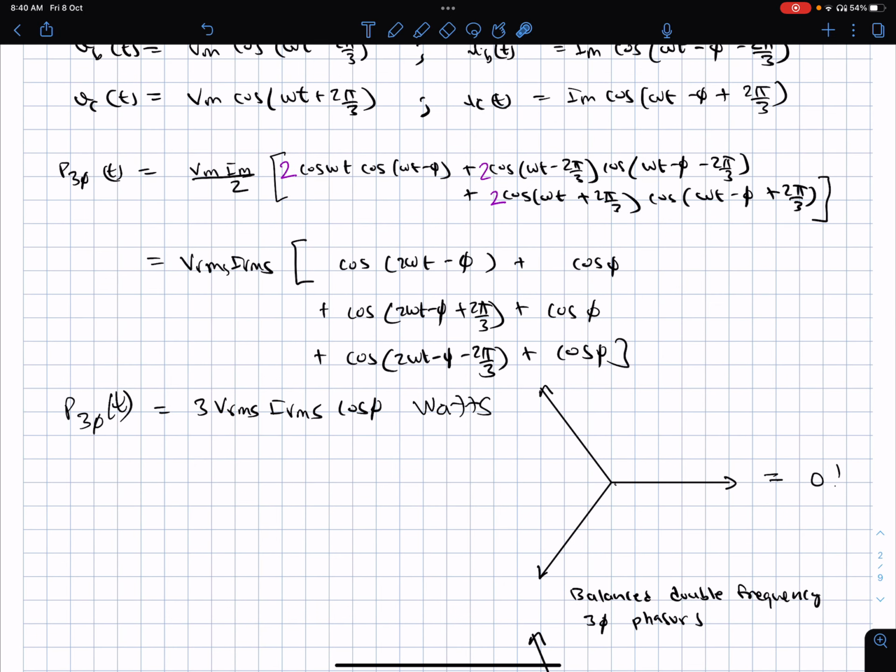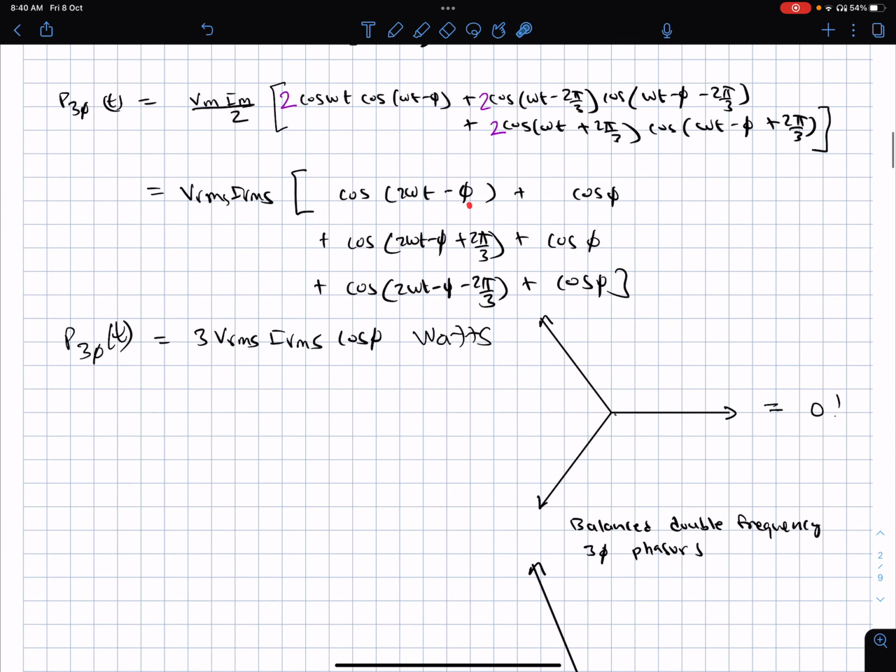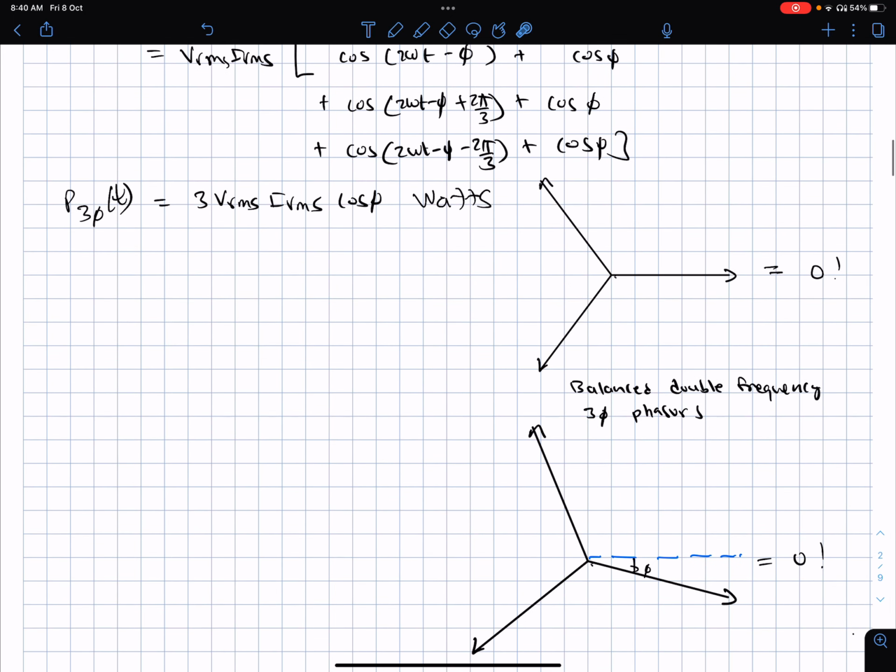All right. Now just one small thing. Here I said to begin with assume that phi is 0. And then I showed that this vector summation is going to be 0. If the phi is not 0, for example, if this is 30-degree lag, so minus phi I have shown. So suppose phi is some 30-degree lag. Then what will happen is this phasor will have to be rotated by 30 degrees here. This will have to be rotated by another 30 degrees. This will have to be rotated by another 30 degrees. Then it's like saying that this whole picture is just rotated in the clockwise direction by an angle phi.